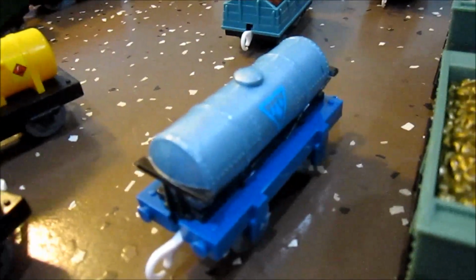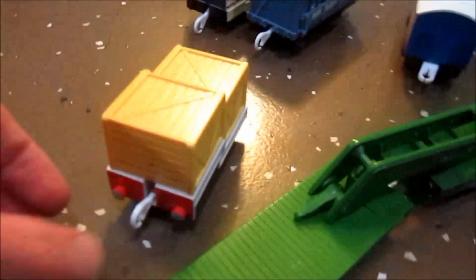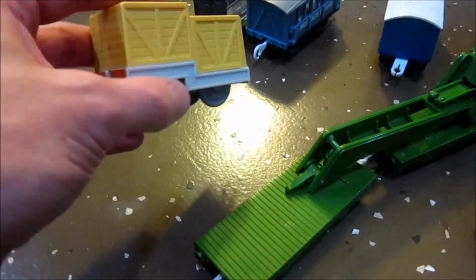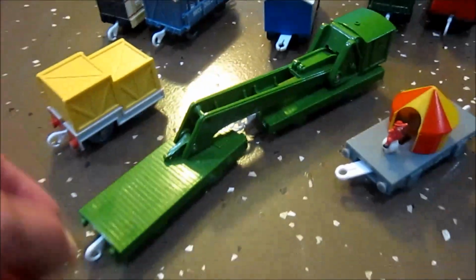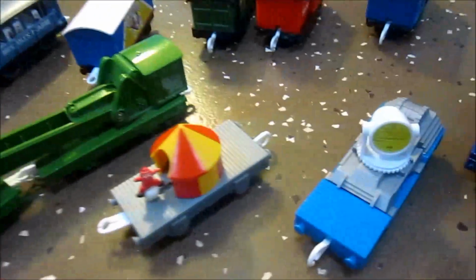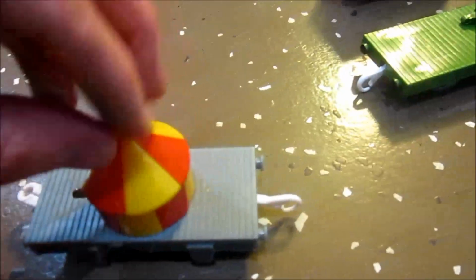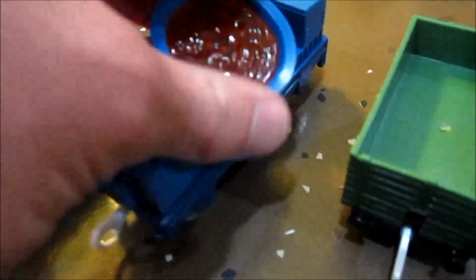milk tanker, a Mattel water tanker, 2 Hit Toys mining trucks, Hector, a Mattel coal hopper, and you got this little car which came with the jet engine, which was actually sold without the jet engine, in a pack with the express coach, Henrietta, and Toad. Got the breakdown train, there's the clown tent car, which pops in and out as you move them along, this Mattel searchlight car, and this Mattel steel car, molten